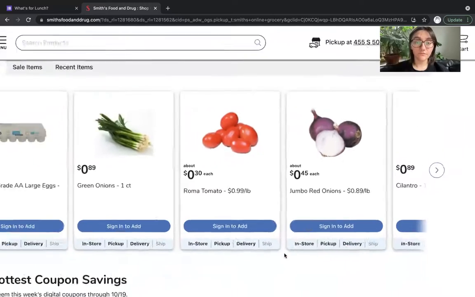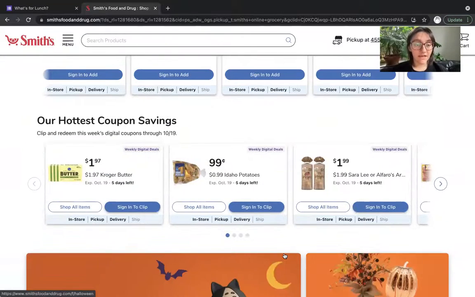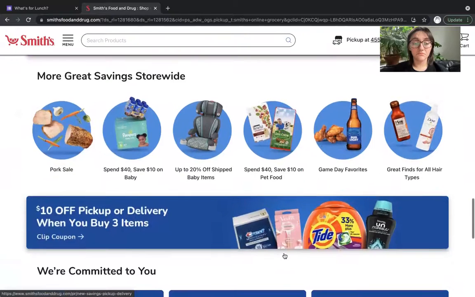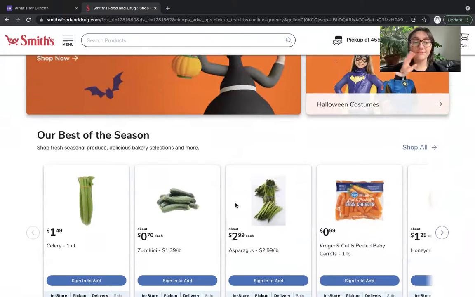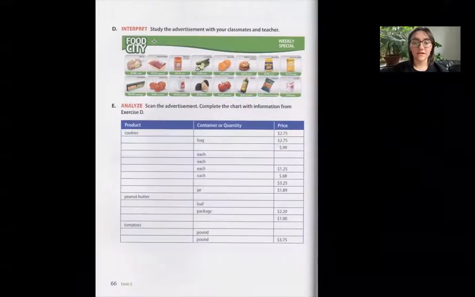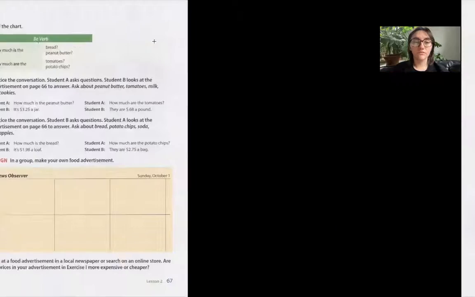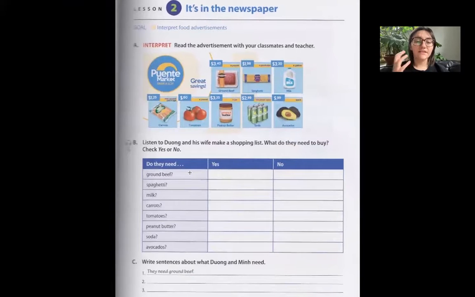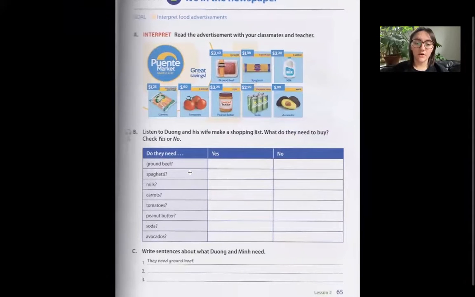So prices can sometimes be kind of confusing. Is it by pound? Is it each? So what we're going to do is go back to this, right? Basically we'll put together our own